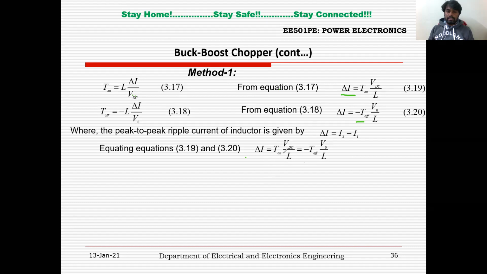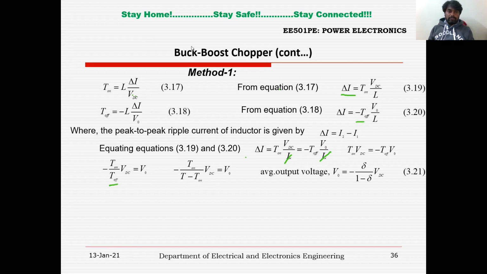So it will be T on into VDC by L, that equals minus T off into V naught by L. L in the denominator will get cancelled. So it is T on into VDC, that equals minus T off into V naught. If you rearrange, it will be V naught equals minus T on by T off into VDC. And we all know that T equals T on plus T off. So instead of T off, I can write T minus T on. Okay. Now, if I divide the numerator and denominator by T,